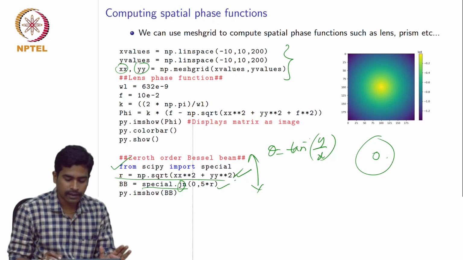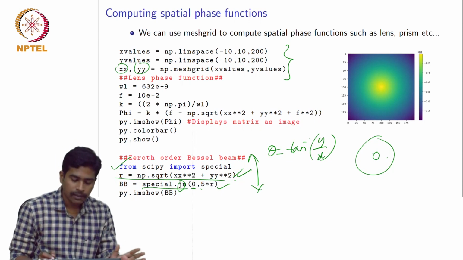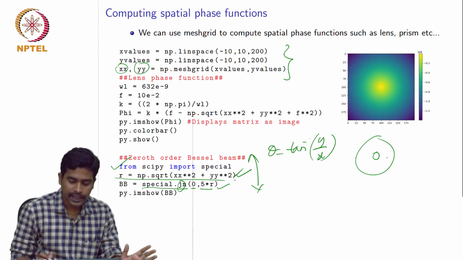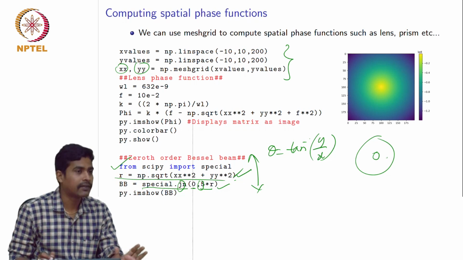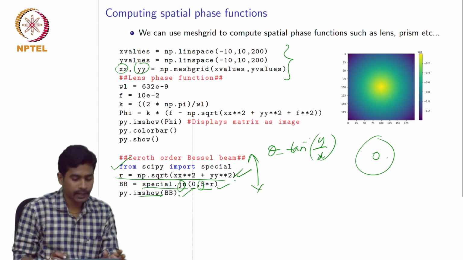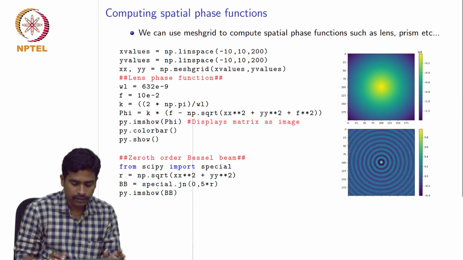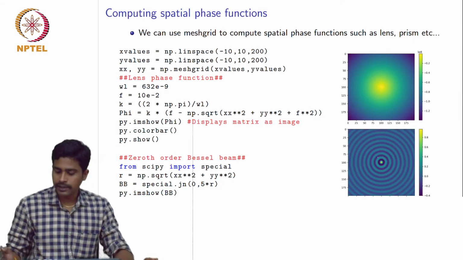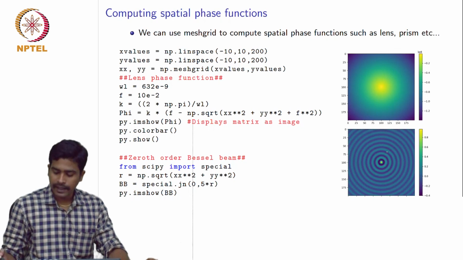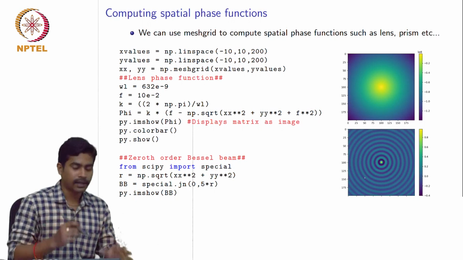And this is the command to plot the Bessel function. So 0 is the zeroth order Bessel function. You can give 1 or 2, whichever order of the Bessel you want, but in this case I'm just plotting the zeroth order, and the radial coordinate multiplied by some scaling factor, 5 here. You can give whatever scaling factor you want. Finally I am plotting it using the imshow function. I have to write this, otherwise it won't display. So this is how a Bessel function is going to look. It has a central maximum followed by many concentric rings around the central peak.